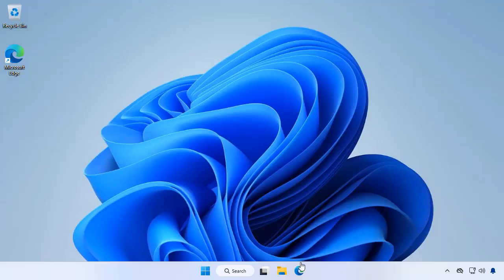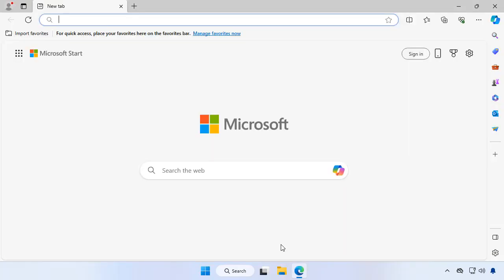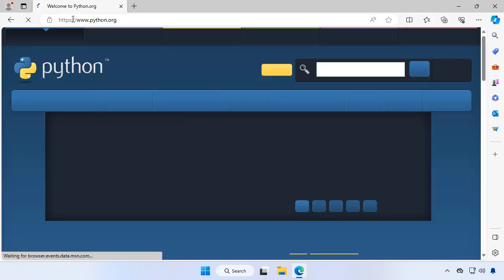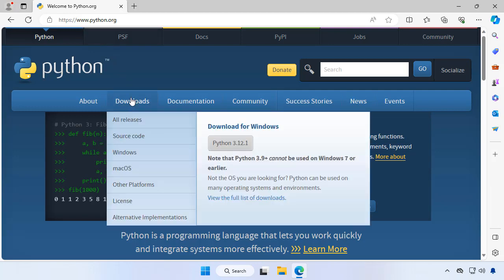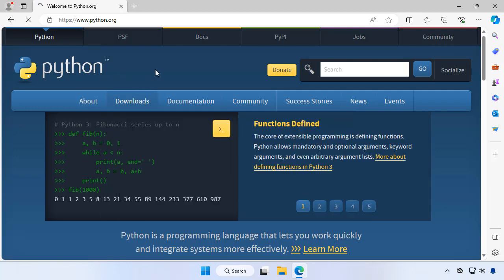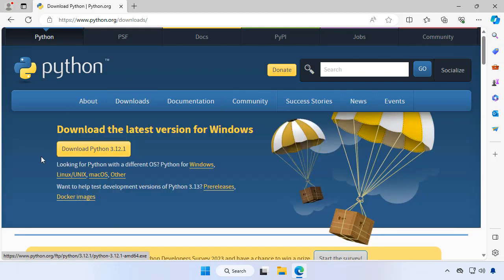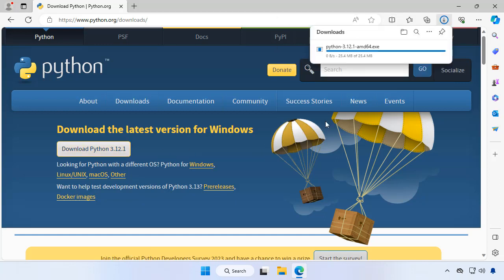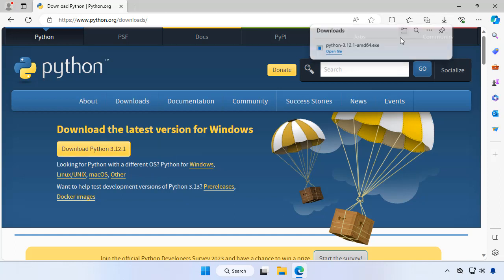Installing Python in Windows should be relatively quick. So we'll just open our browser, go to www.python.org, go to the downloads, and we download the most current version, in this case 3.12.1. So we'll click on download, get that started,